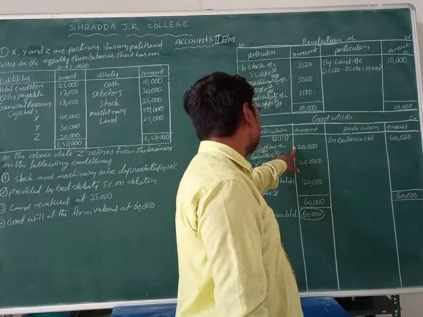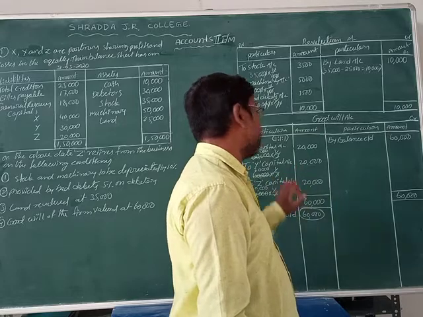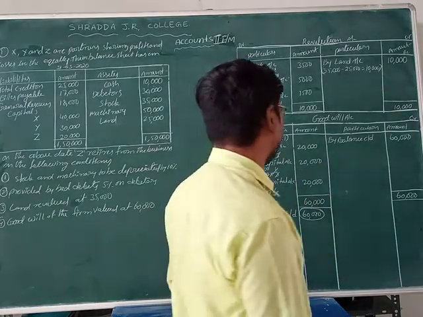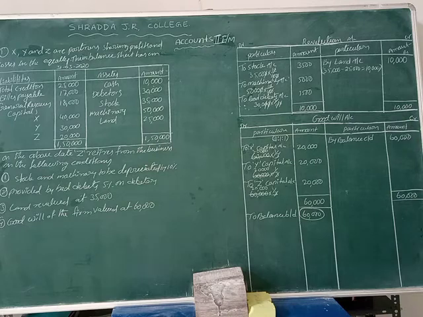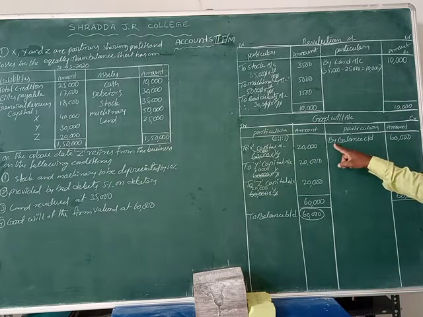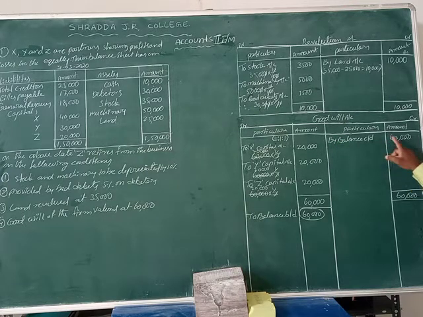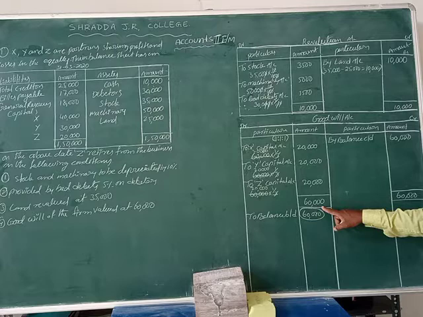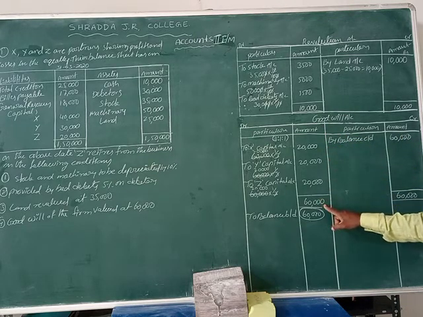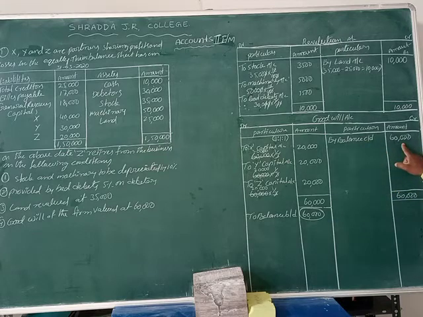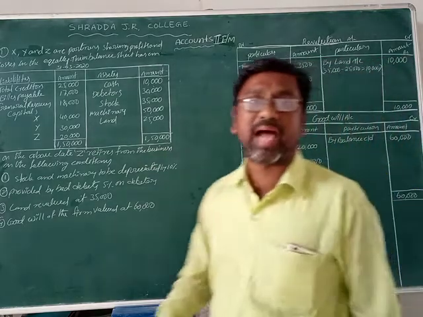So total X has 20,000, Y has 20,000, Z also has 20,000 rupees. So the total value is 60,000. The credit side has no amount. Why? Because any partner cannot take out the goodwill here. That's why we cannot write on the credit side. So we do the balance carry down. On the debit side, the total amount of 60,000 rupees we take to balance carry down. Now students, the credit total is 60,000 and the debit total is also 60,000. This balance of 60,000 rupees comes to the debit side. That is the balance brought down.